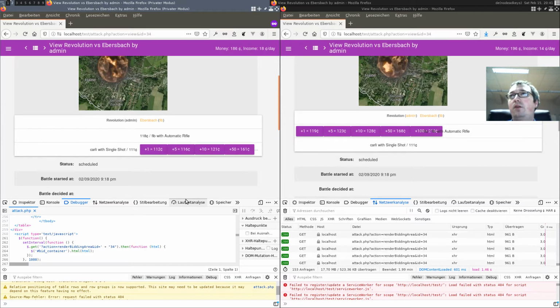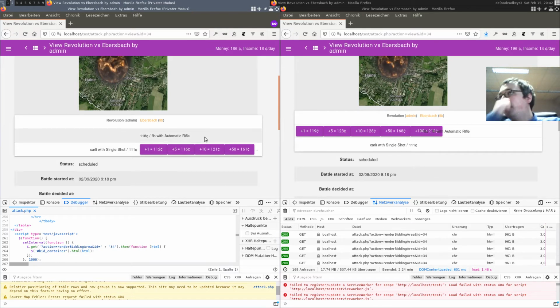So a bidding button must only appear if the user has at least the money it costs to hire the soldier.